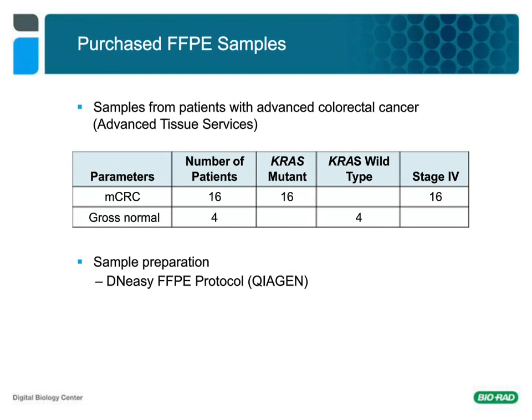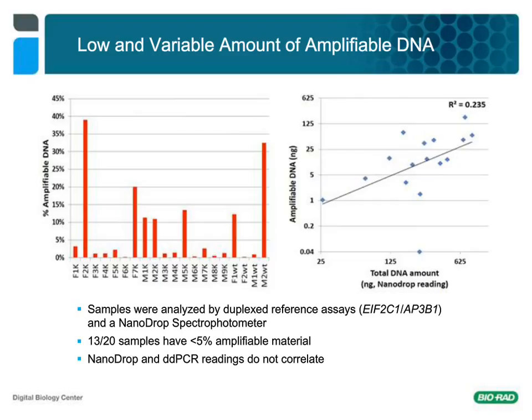To further evaluate the performance of the KRAS screening kit, we also purchased colorectal cancer FFPE samples from Advanced Tissue Services. We used the QIAGEN DNeasy Kit to process 16 KRAS mutant and 4 grossly normal samples. We first extracted the DNA from the 16 metastatic colorectal cancer samples and the 4 wild-type FFPE samples using standard protocols. We used duplex copy number assays, AP3B1 and